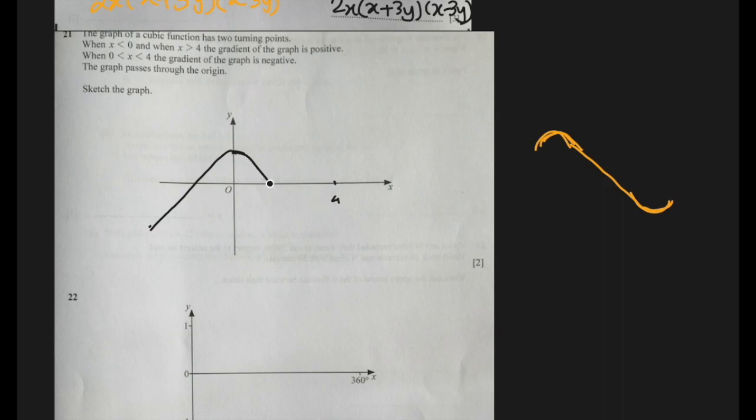So this is x is 4 and at 4 again it is increasing. This could be one of the graphs. Okay, it's not necessary that this is the graph, but yeah, it is fulfilling all the conditions they have given here. All right,